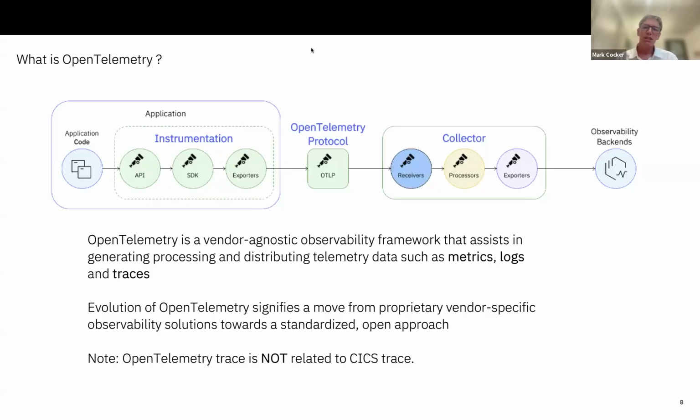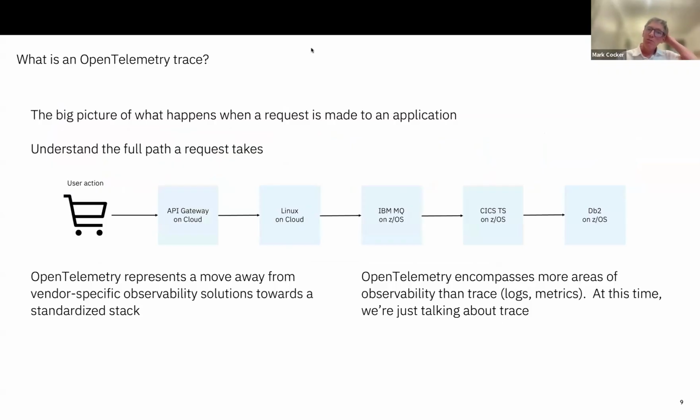And then once that collection process has happened, the OpenTelemetry data can then flow to back-end environments. There's a choice of environments from different vendors, and there are open source implementations as well, like Jaeger. That's certainly something within CICS we've been playing around with as well. So that's what OpenTelemetry is.